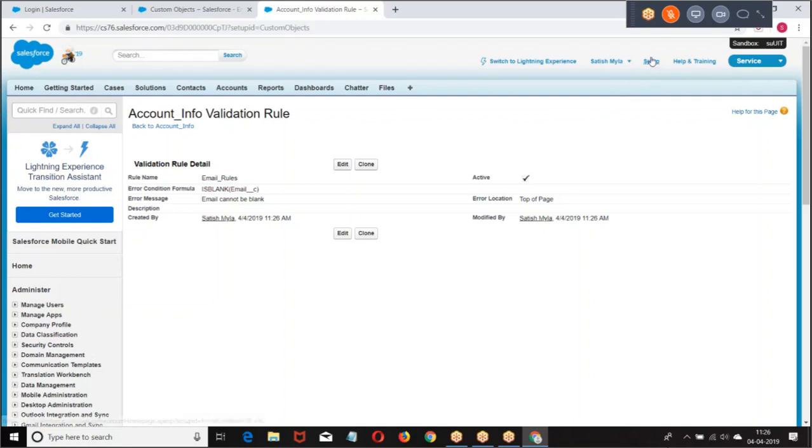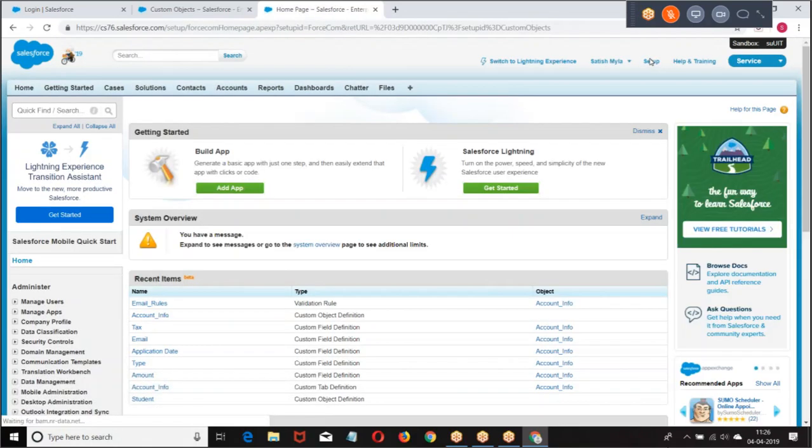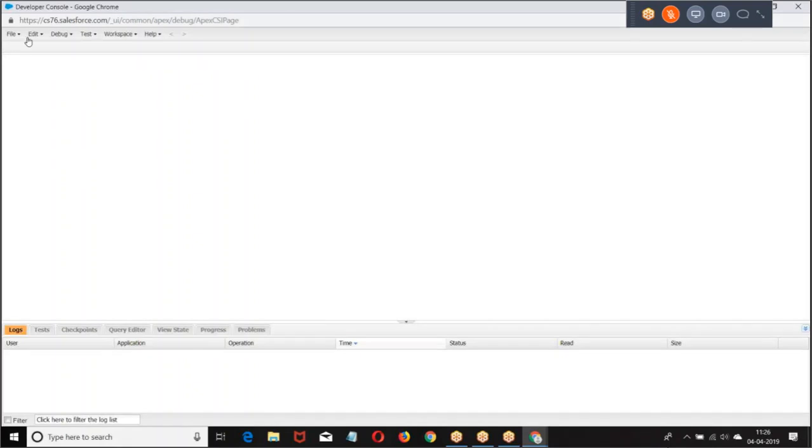At the same time, I want to create a trigger for it. I am making some changes and development activities on the object.